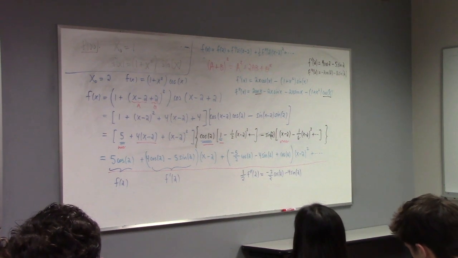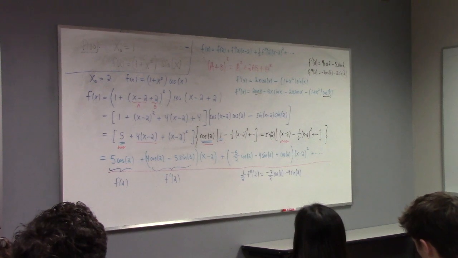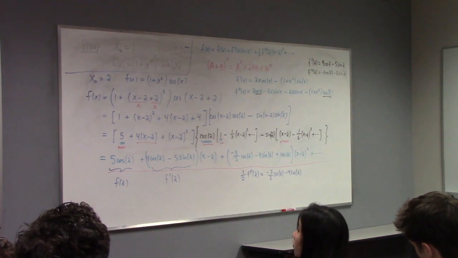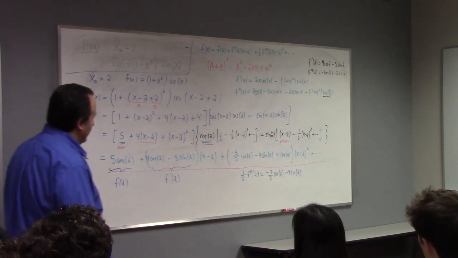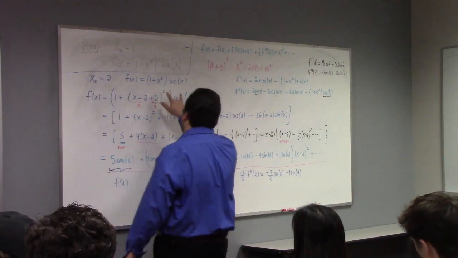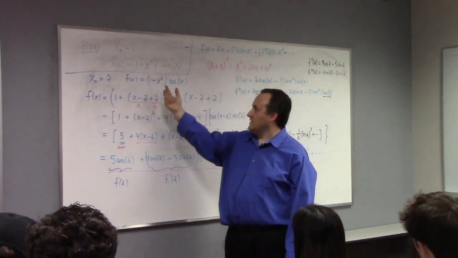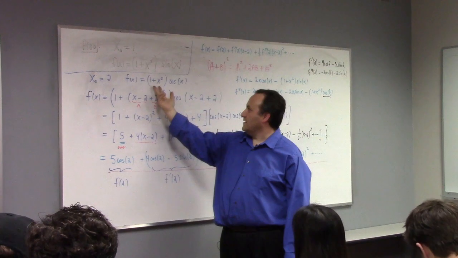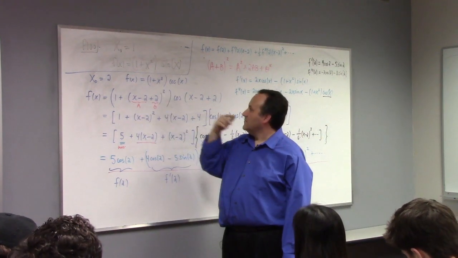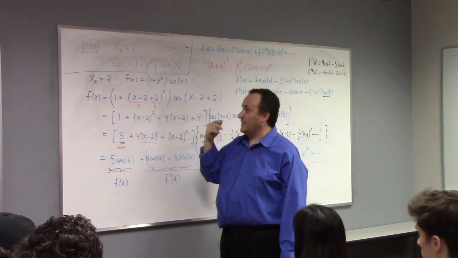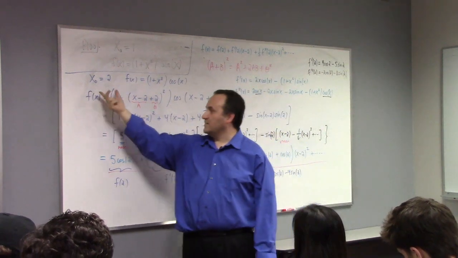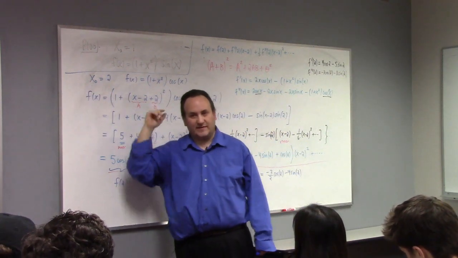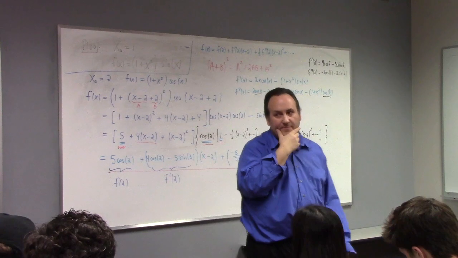Well, situational awareness, I got to think about where I'm going. And so as I look at the original function, I go, is it even? Is it odd? What's the situation here? Oh, that doesn't matter actually, my bad. Because that thinking is for 0. This is for 2. So that's not helpful, right?